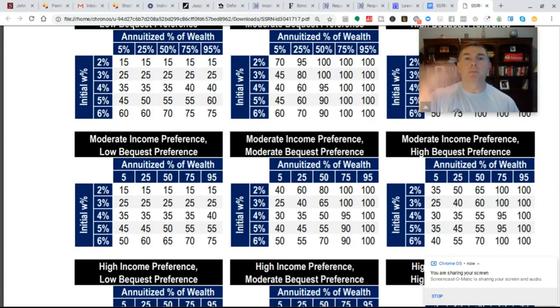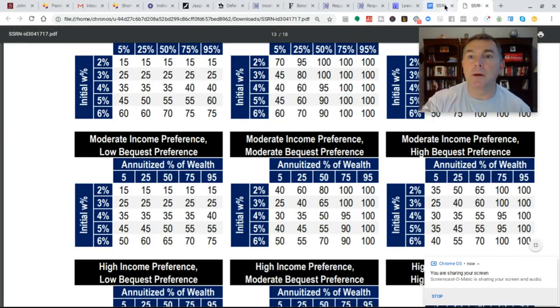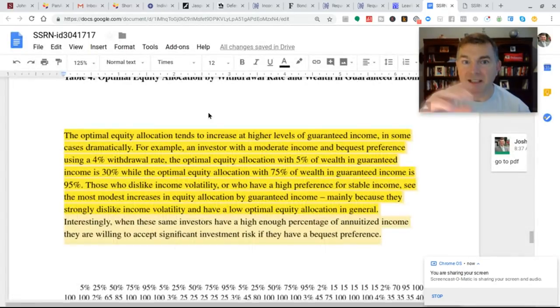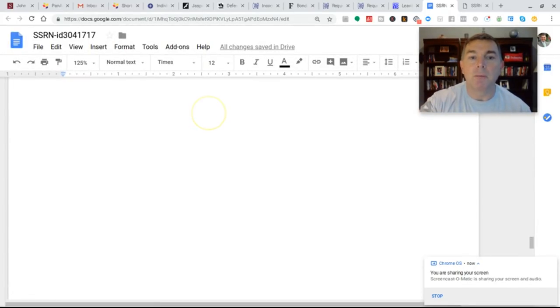That's if they have a moderate income preference, in that they're willing to take some risk but not a lot, and a moderate bequest preference, where they want to leave something but don't want to go crazy and leave everything they have. Now, if they annuitize 75% of that $500,000, so before they only put $25,000 into an income annuity, now they're going to put $375,000. Well, in this case, it should go up to 95% of that remaining $125,000 in stocks. And we'll go to the whiteboard in just a second and show you what we mean by that, because I think it'll be easier to see when I draw it out for you. But it's pretty interesting nonetheless.